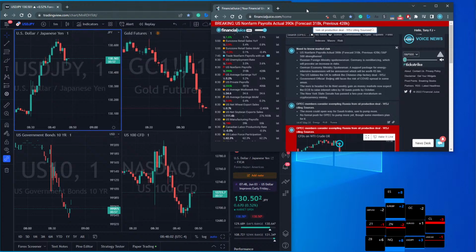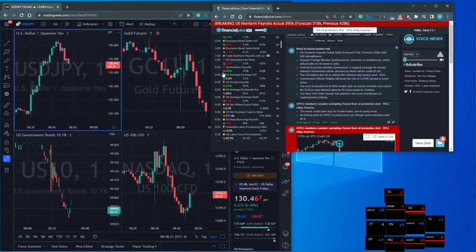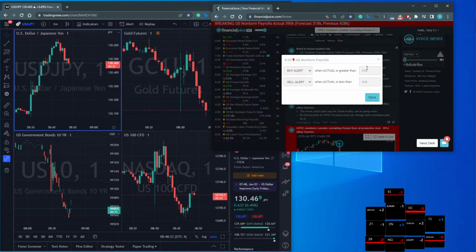And if you're on the FJ Lite version, the free version, the big difference with the FJ Pro version is you get no delays, no adverts. Your economic releases appear in real time, and your economic triggers that you would set yourself here on the side. So if I was looking for, let's say, a 300k deviation, or 600k, and I wanted to put that down as my buy alert, and I saved it, ignore the figure here which is shaded. That's just showing you the forecast figure. We're not telling you to put your trigger in as that figure.